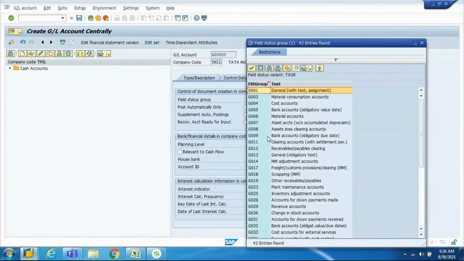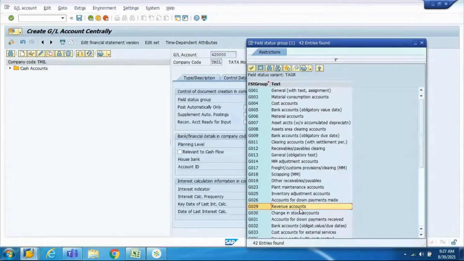Now let's say G001. Currently, let's go only with G001 on all the GL accounts. But practically, when you are creating any account, you will have to go based on the GL account. If this is a purchase account and it is costing relevant, you may have to select the cost account. If you are selecting any income-related GL account, you may have to select the revenue account.